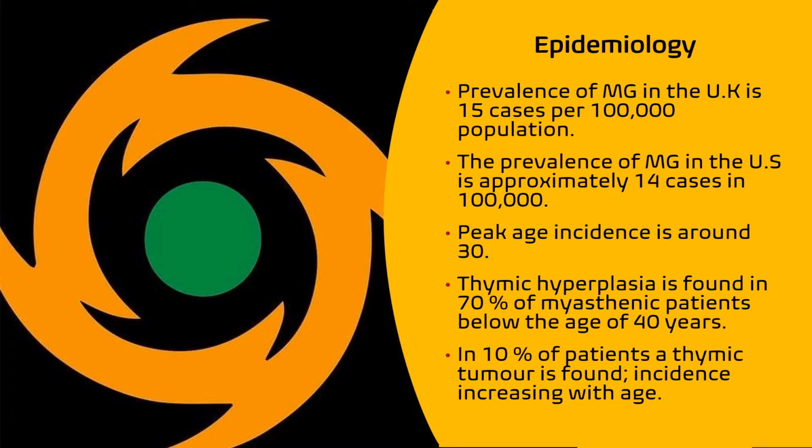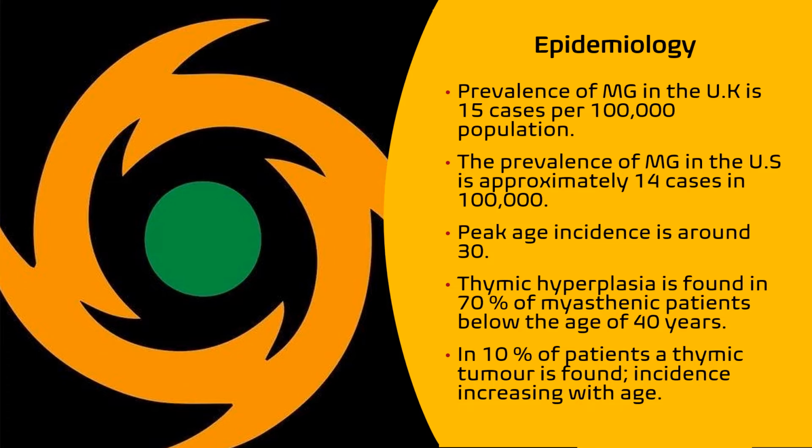Thymic hyperplasia is found in around 70% of myasthenic recipients below the age of 40, and in around 10% of recipients a thymic tumor can be identified, and the incidence generally increases with age